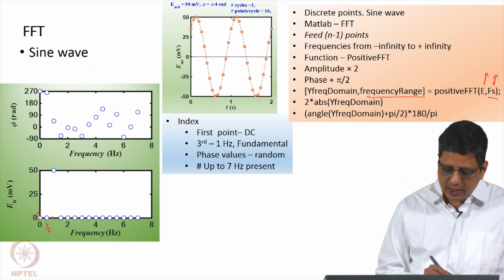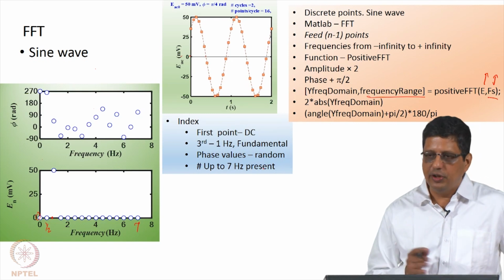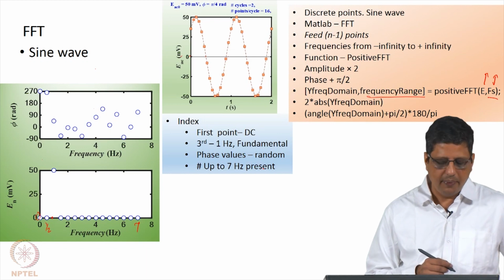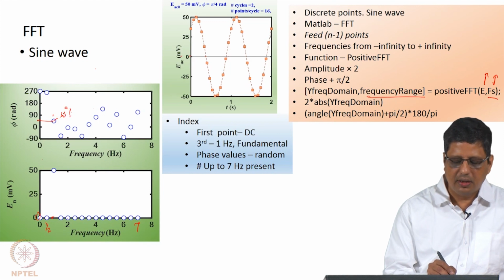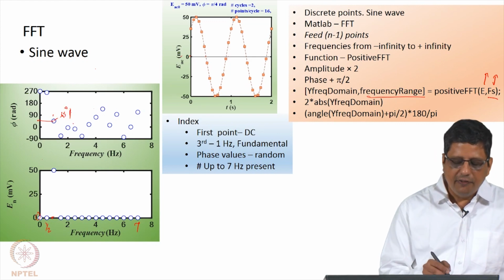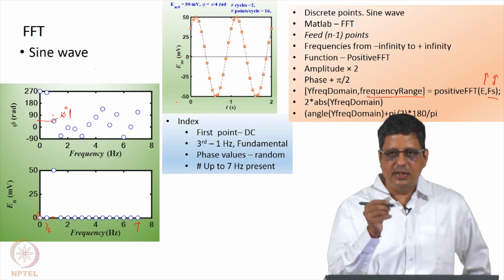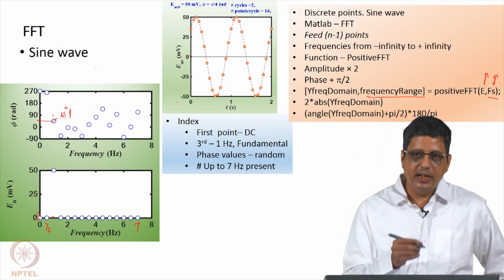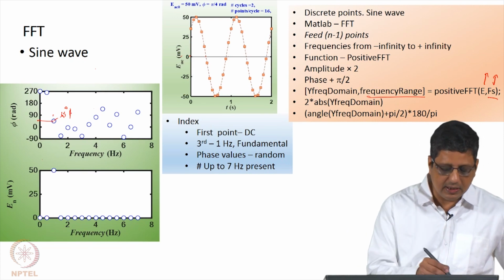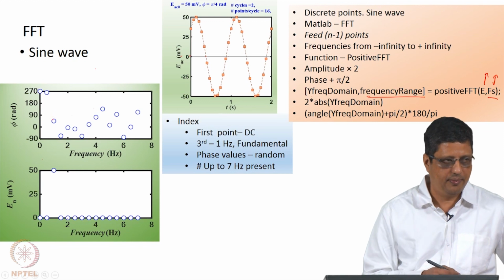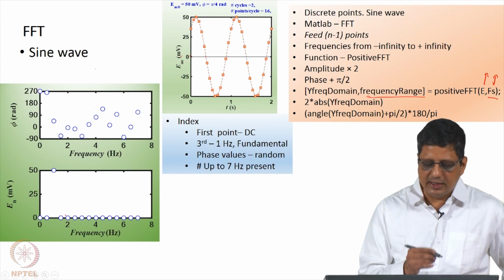It does not go up to infinity, it goes up to number 7. We can see only up to 7 hertz, beyond that we do not know what it contains. Okay. The phase value at this 1 hertz is 45 degrees, that is correct, pi by 4 radians. The phase value everywhere else is meaningless, because if you take a vector and say its magnitude is 0, phase does not have a meaning. Phase has meaning only when magnitude is not 0. It does not mean MATLAB will give you a 0 phase in those places, it just means that you should learn to ignore those. When you have a non-zero component, you should look at the phase and see whether it is coming correctly.